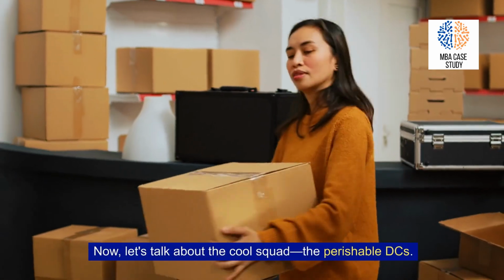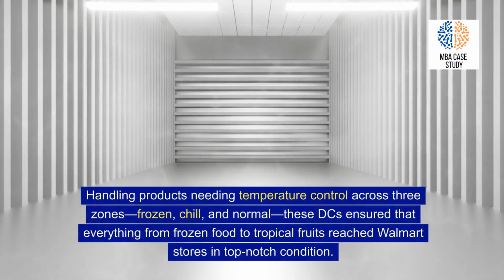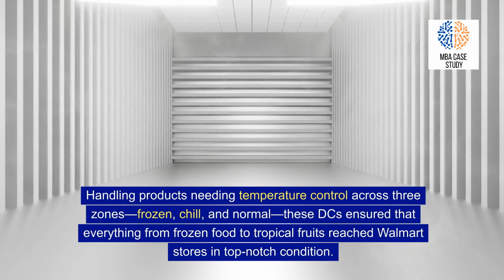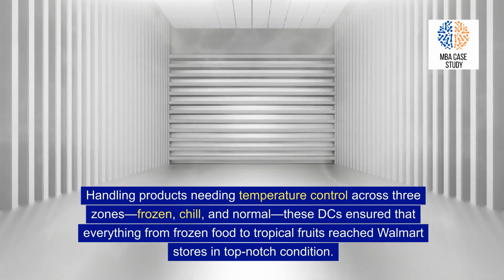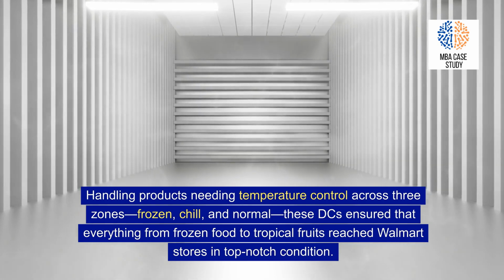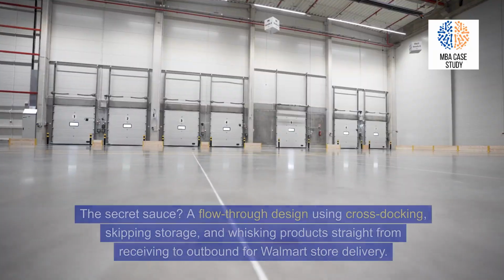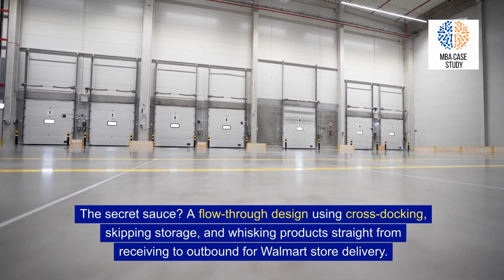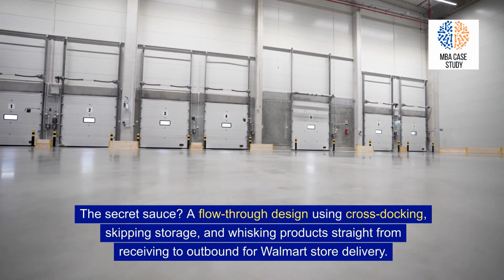Now, let's talk about the cool squad, the perishable DCs, handling products needing temperature control across 3 zones: frozen, chill, and normal. These DCs ensured that everything from frozen food to tropical fruits reached Walmart stores in top-notch condition. The secret sauce: a flow-through design using cross-docking, skipping storage, and whisking products straight from receiving to outbound for Walmart